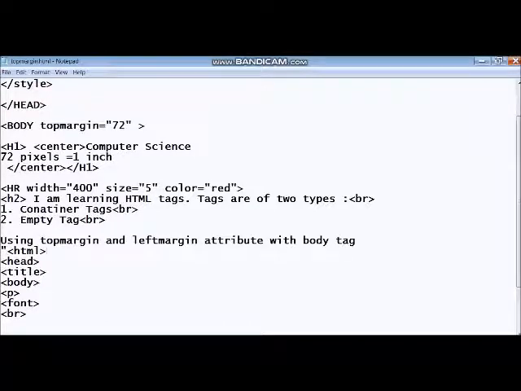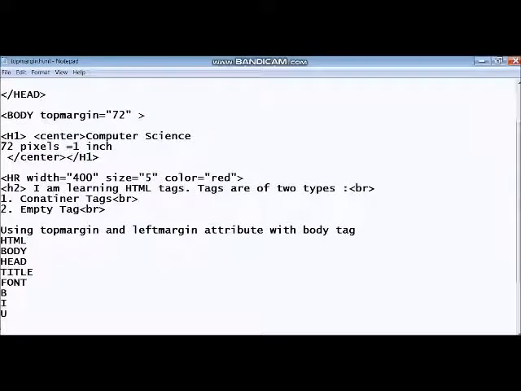We have to write them through quotation marks. Okay, HTML tag, then BR, then head tag. So I am going to write in simple language. We have used HTML tag, then body tag, and then head, title, font, B, I, U, bold, italic, underline.